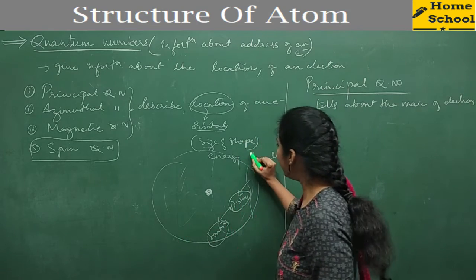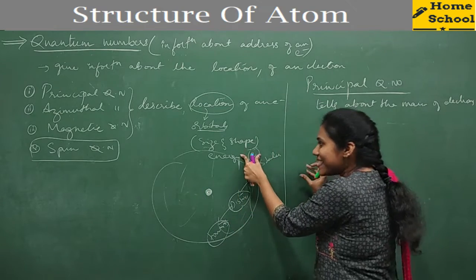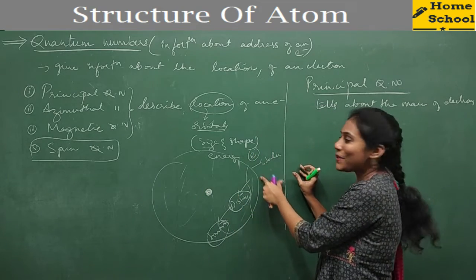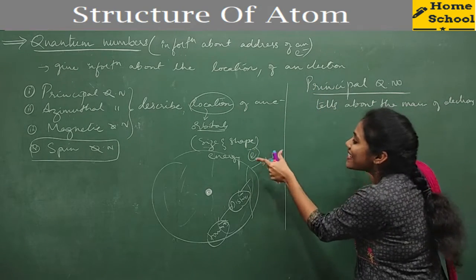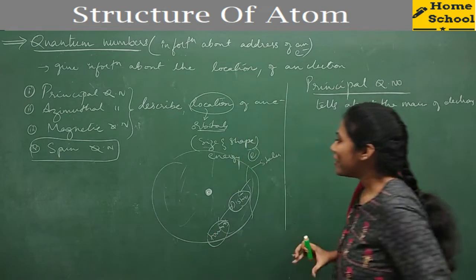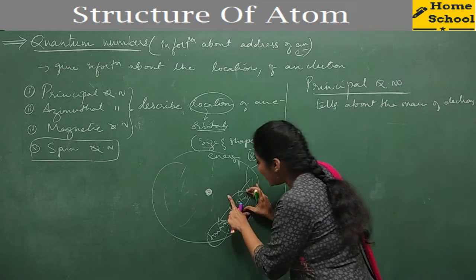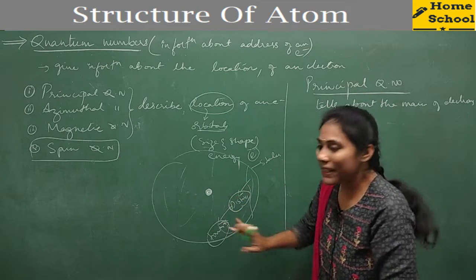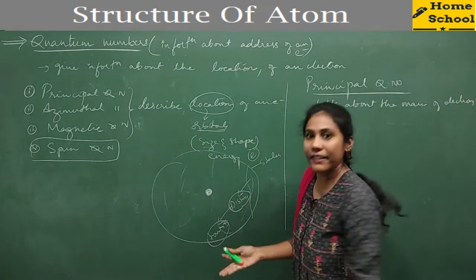So if you take one particular electron, it stays in this country, no doubt. But in which state does it stay, guys? So, the principal quantum number tells about the state of an electron. Imagine atom is a country. A country will have so many states, a state will have so many districts, districts will have many towns. So the electron is present inside a town actually.